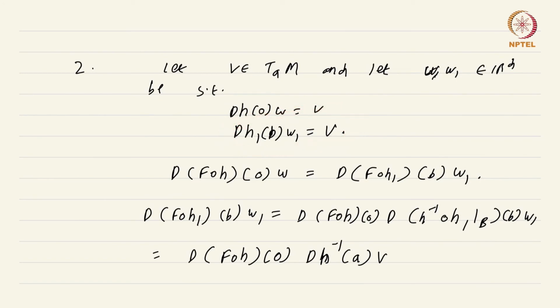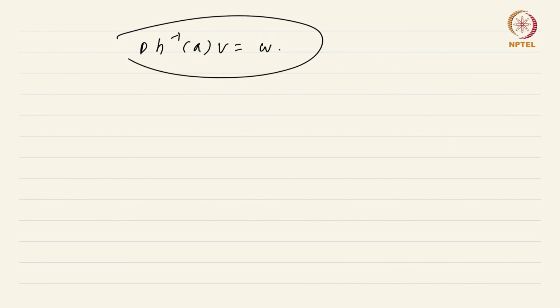Okay, now this is nothing but D of F circle H at the point 0 of W, and I want you to check why this is true. That D F circle H at 0 of W is equal to this expression here. Okay, so the assumption that I'm making is DH inverse at A of V is W. This is what you have to justify. Okay, so this concludes the proof of well-definedness